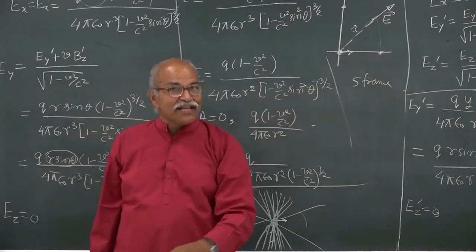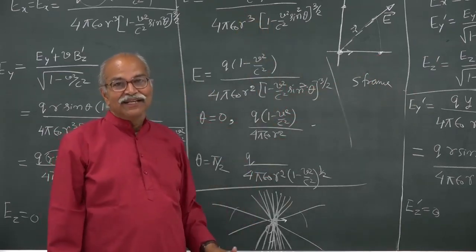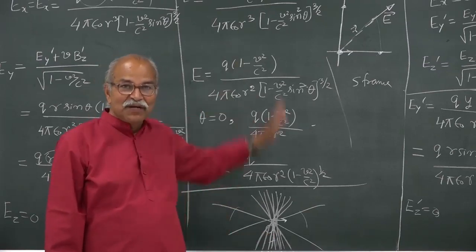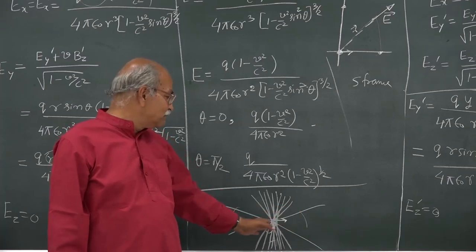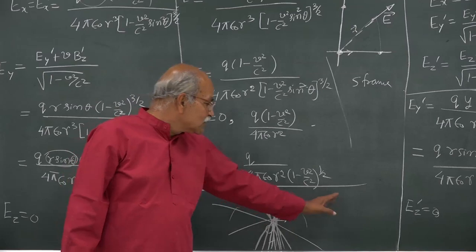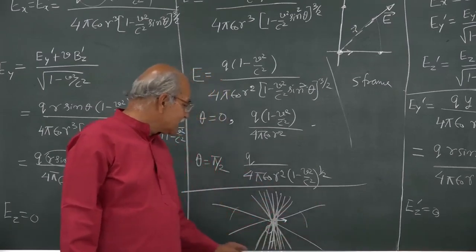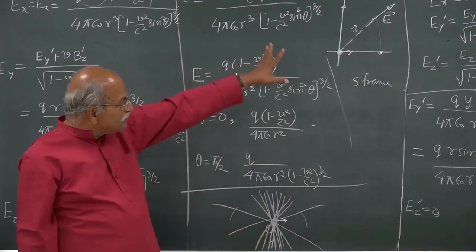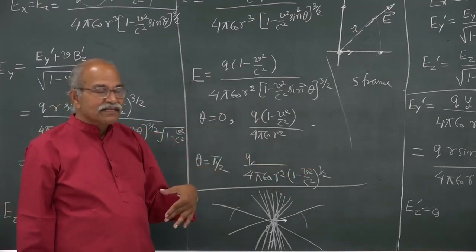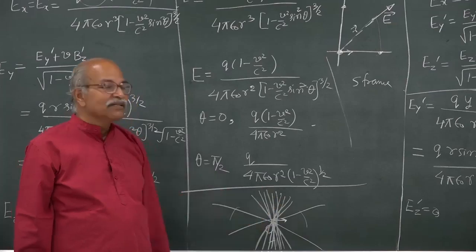So, next lecture I will continue with this and get the magnetic field components. These are the electric field components that we have worked out because of the moving charge, and then because of this moving charge you will also have some magnetic field, and the components of that will be obtained in a similar way, going from S prime to S. So, we will see what kind of magnetic field it gives.